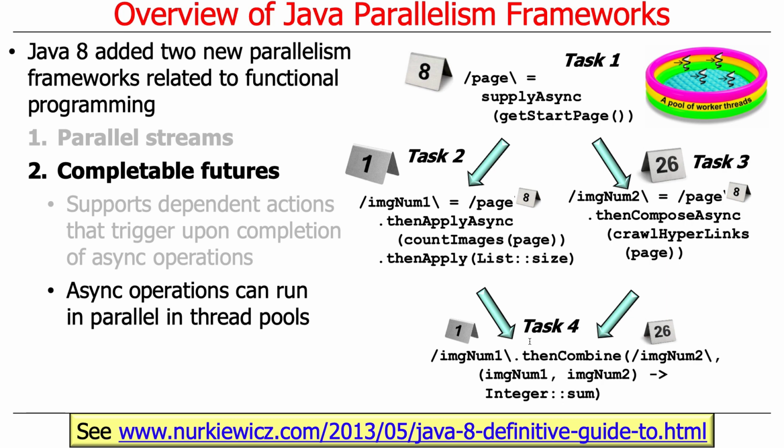Now, all these different asynchronous tasks that are running can also execute in parallel in thread pools. And as it turns out, with the model that they have with completable futures, you can either use the common fork join pool like Parallel Streams does, or you can make your own custom thread pool and have that perform the computations. And that's different from Parallel Streams. Parallel Streams really tries to get you to use the common fork join pool, for better or for worse.